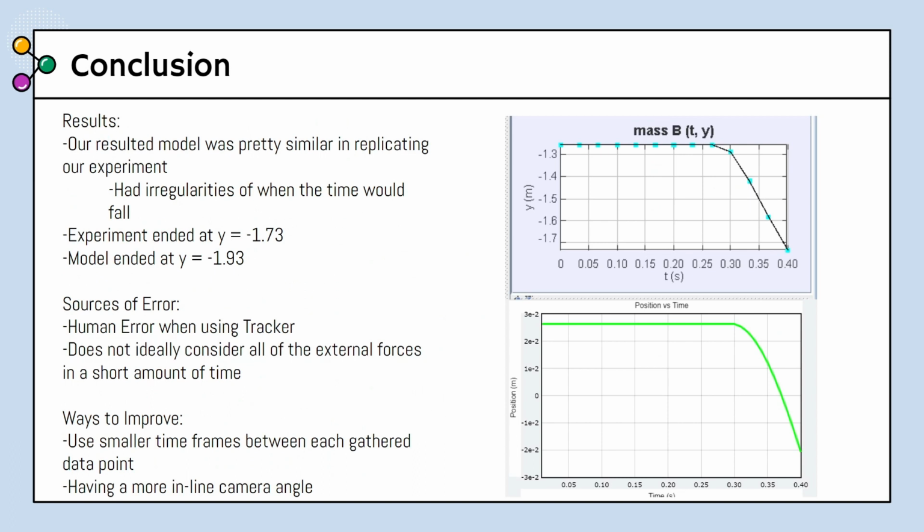With this, we were able to conclude that our resulting model was pretty similar in replicating our experiment. It did have some irregularities in when the slinky would fall, and the experiment ended at y equals negative 1.73, while our model ended at y equals negative 1.93 meters, which are pretty close. Sources of error include human error when using Tracker, which is probably why I had the time difference slightly off,